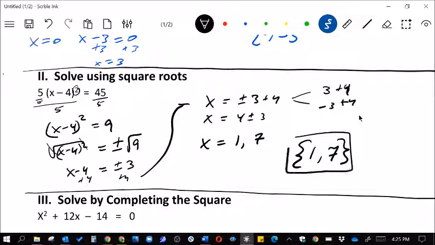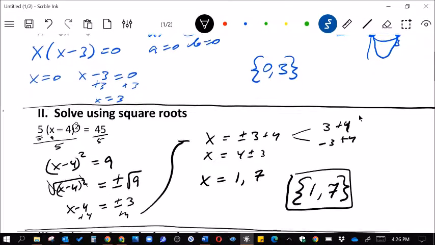And if we were to go in and put either one of those numbers in here, the square would basically make that square. We're going to get negative 3 squared or positive 3 squared. And that multiplies by 5 to make 9, or to make 45. Okay, so that means